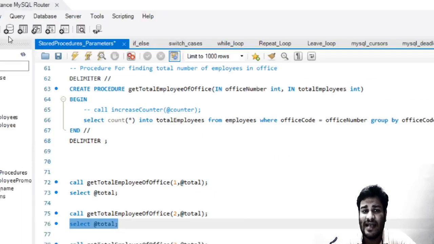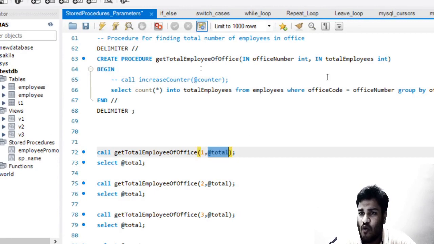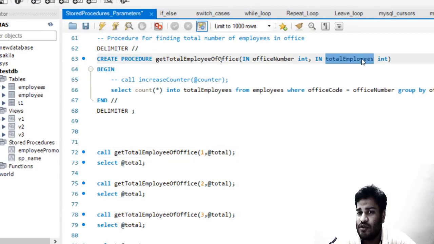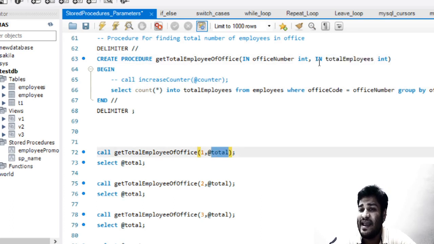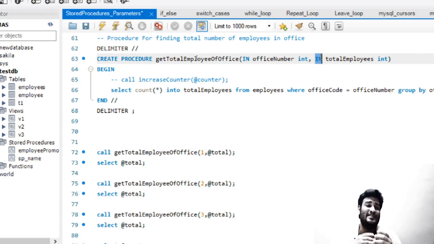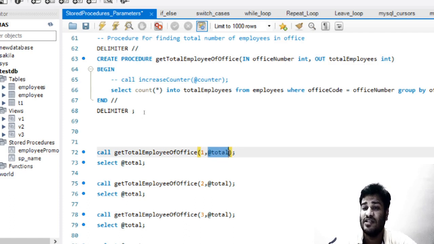Because we have marked it as IN. So even though this value of total, which was 0, was embedded into this total employees, now when we are putting this value into total, it does not make sure this will come back to this total, because these two variables are not combined in a way. So we are saying IN, we are saying this variable will be used inside, we do not want it outside. But if we want it outside, we need to map it saying OUT, that this is an OUT variable. Whatever value we put in this should get back to this. This is what it means.